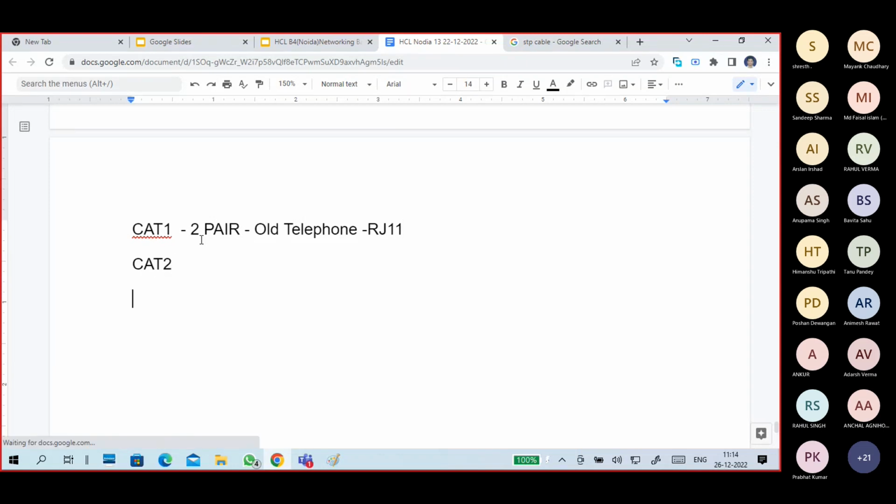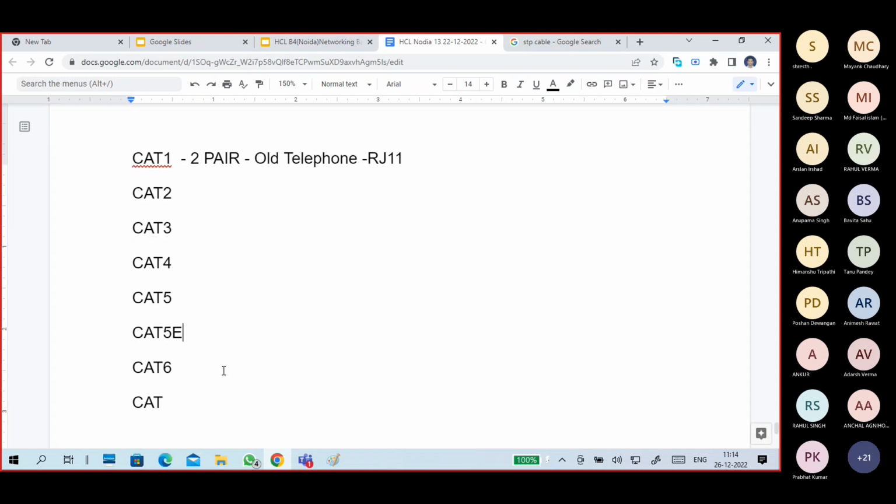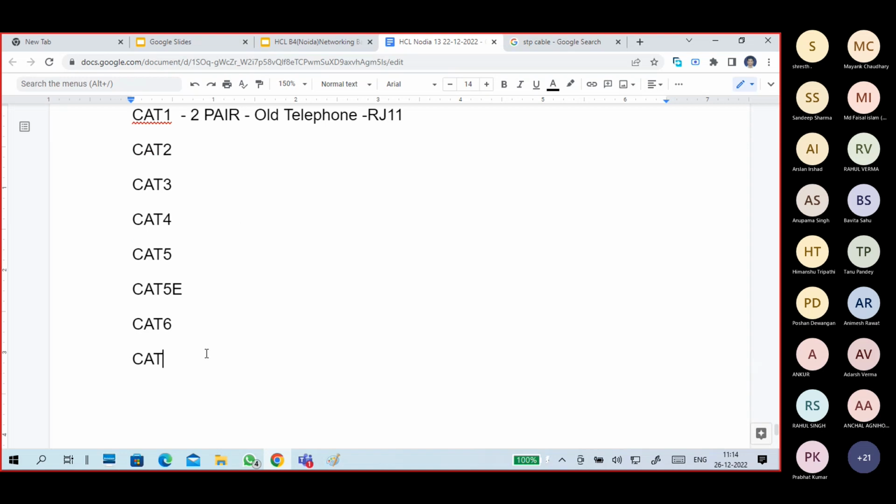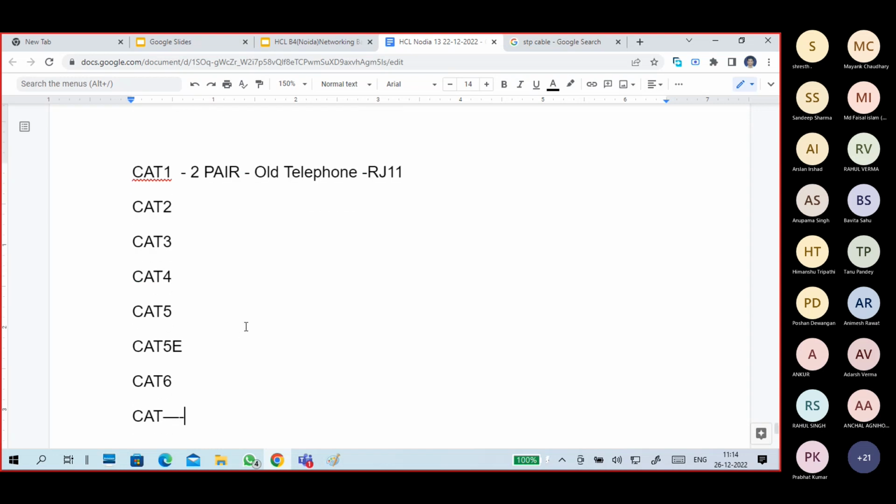So next is category 2, cat 3, cat 4, cat 5, cat 6, cat 5e. After cat 6 we don't know whether cat 7 is really released or not. Up to cat 6 I know, but the remaining part I don't know, so I gave a dash. Guys, remember, different textbooks and different Google searches give different answers, but the most common is